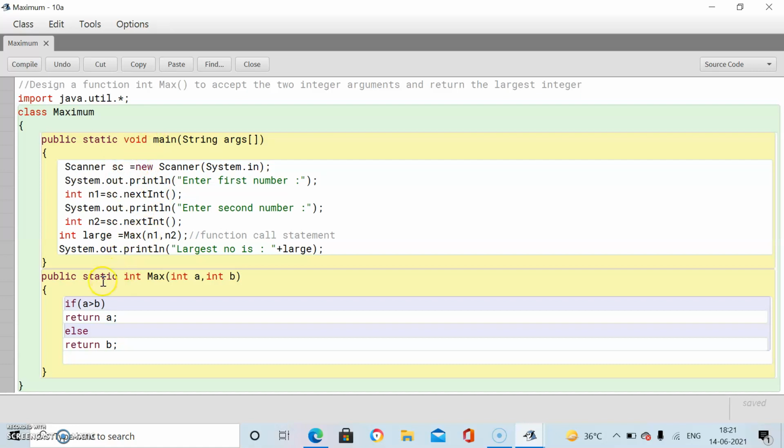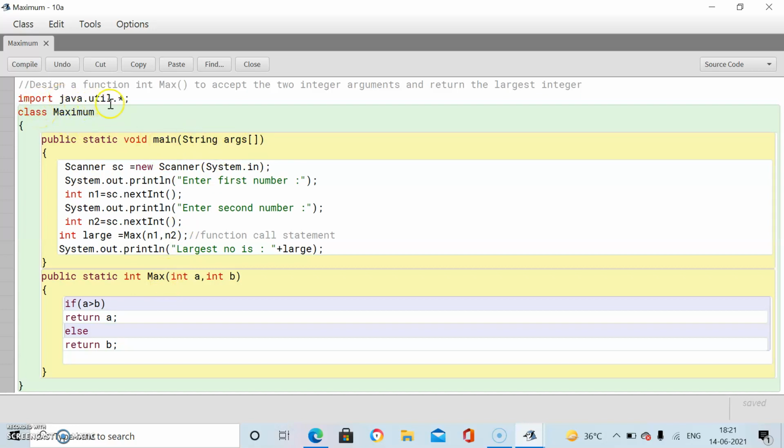And this function is returning a value, A or B. Both are of integer type. So the return type, instead of writing void, we have written int over here. Fine. These are access specifiers, public and static. Void is the return type. This is the name of the function in this function, and in this function the name of the function is max. Okay, class is a keyword.